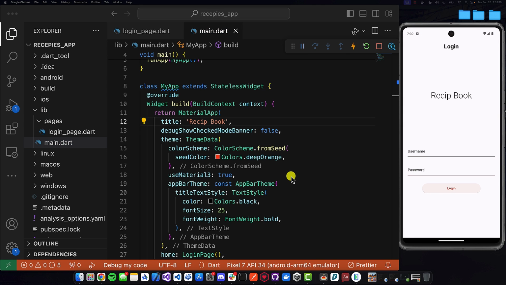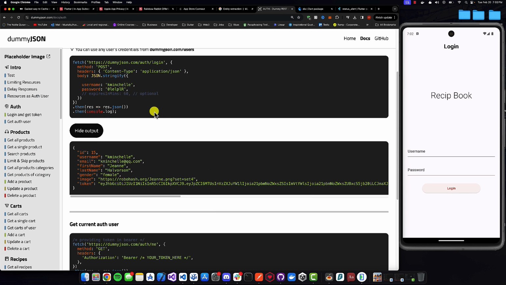So now that we have the UI for our login page completed and we have a basic understanding of how to build UIs in Flutter, let's move our focus towards implementing some business logic. Let's talk about how our authentication flow is going to work, or how we're going to log in the user into our application. To get started, the first thing I'd like to bring your attention to is the actual API that we're going to be using throughout this video to access information regarding recipes, but also to authenticate with. More specifically, we're going to be sending our authentication request to